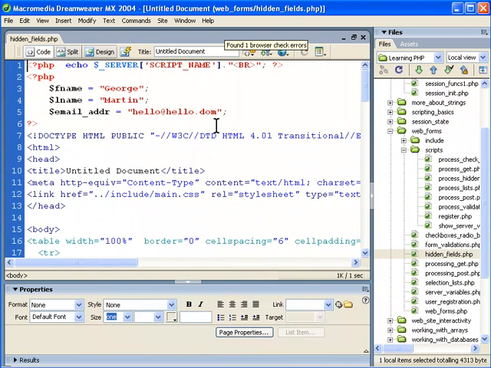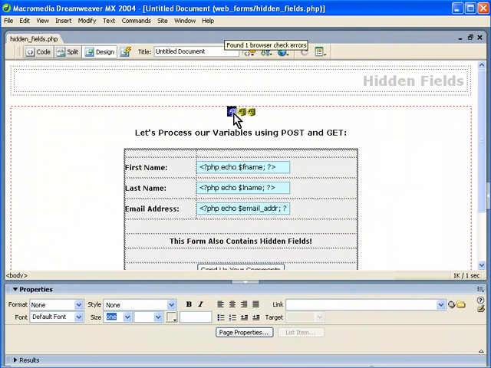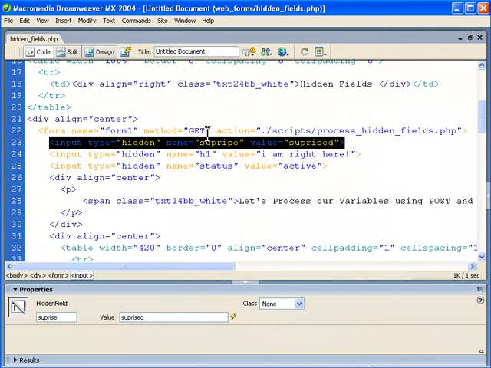We see that they're hidden up top. If you're not familiar with hidden fields, you can see that they're going to be displayed differently depending on the type of editor you're using, but they're in here in their input types, but they're hidden instead of another type. And they're going to be, surprise here, H1, and status. These are the names. And each of these has a value, and that's going to get passed to the server